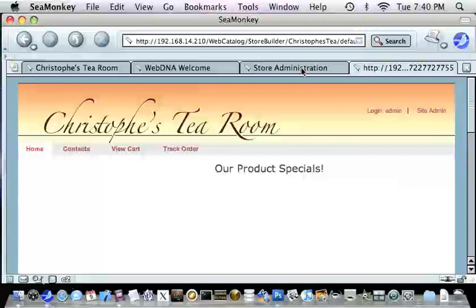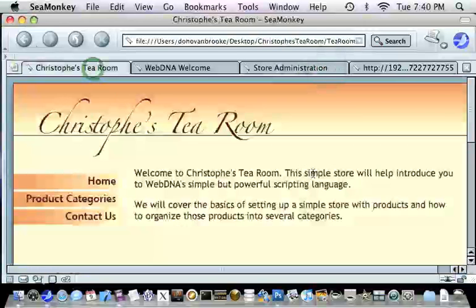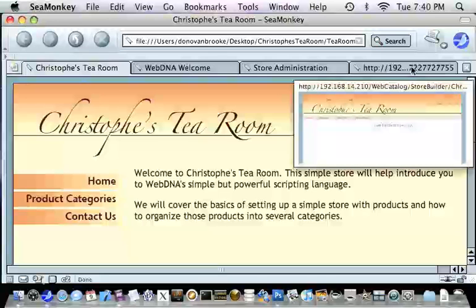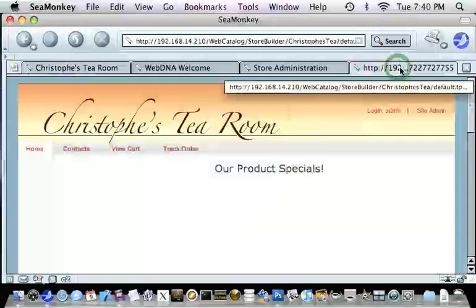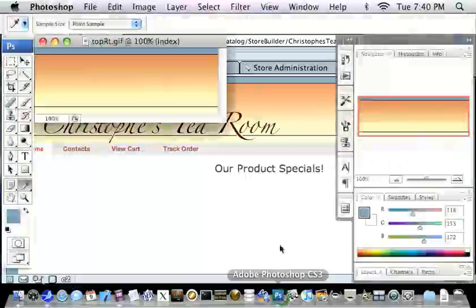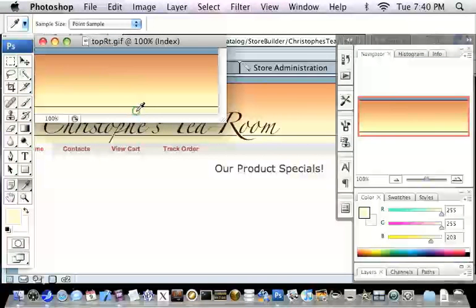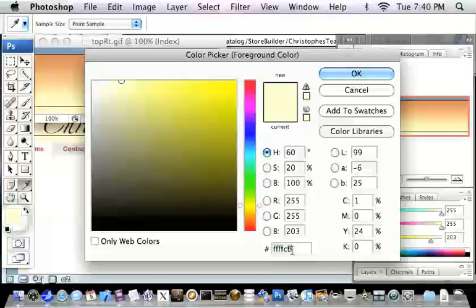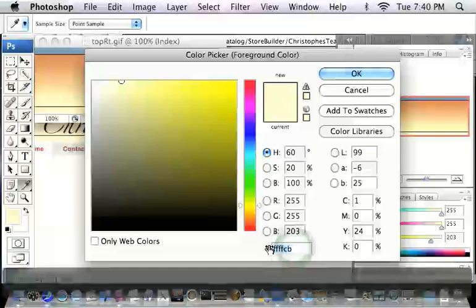Okay, so the next thing is we need to identify this yellow color so that we can have the body in that. I guess you'd say that's yellow. That's kind of ochre. Okay, I have no idea. All right, so we can use that same method of identifying that color in Photoshop there. And it's FFFFCB. I'm going to copy that